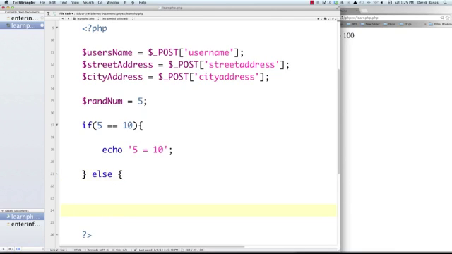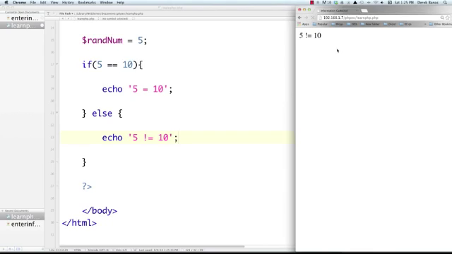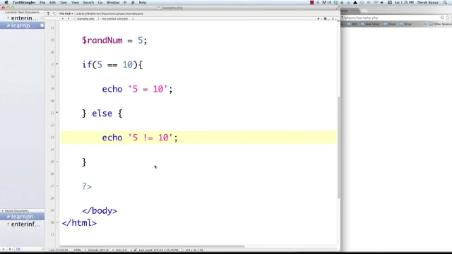Another thing we could do is, let's say we want to check another condition, or let's just talk about the default first. If you put else inside of here, if 5 is not equal to 10, then this code is going to show up. And we'll echo 5 is not equal to 10, like that. And if we execute it, you can see that 5 is not equal to 10. Now what I started to allude to there is the situations in which we would want to actually check multiple different conditions and perform multiple